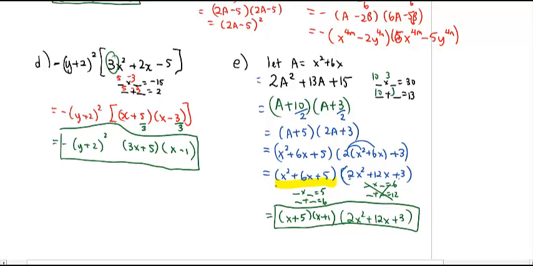Whew, I hope you enjoyed these challenging ones, but once again, they're not too bad once you can make a quick substitution. And they look like one of the previous forms we've done, and I know you're an expert at that now. You're probably tired of me saying, find two numbers that multiply to this, and find two numbers that add to that. But that's part of